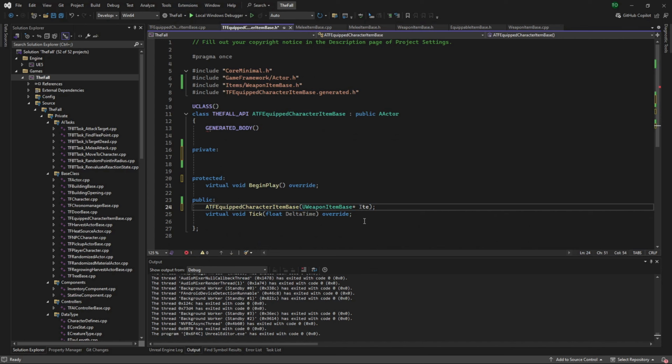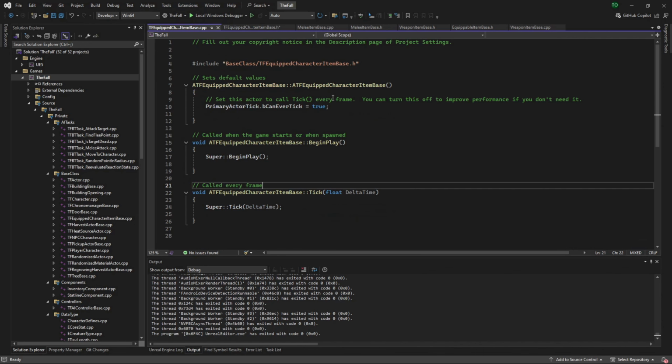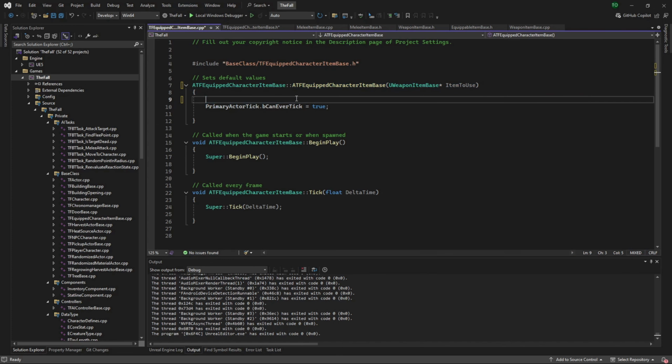Item to use. And for ease, I'm going to copy this, and we're going to head over to our source file and throw this into the constructor. Now what this is doing is this is saying to